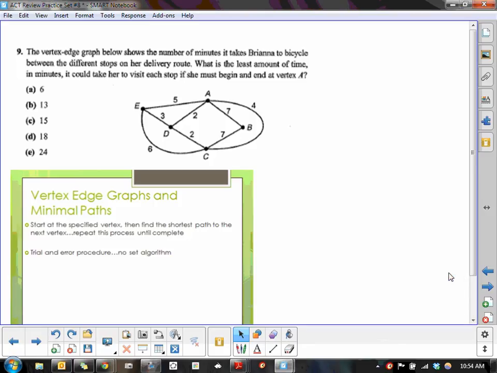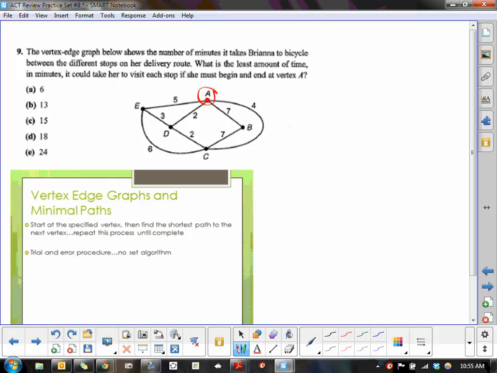Question number 9 is a question pertaining to vertex edge graphs and minimal paths, trying to minimize the path that we're going to take. This happens to be about Brianne, who has deliveries that she makes. She's going to have to start at A and finish at A. So one of the things I would do is I'd isolate on A and say, I'm going to start here. And now I got to visit all the other stops, B, C, D, E, and get back to A in